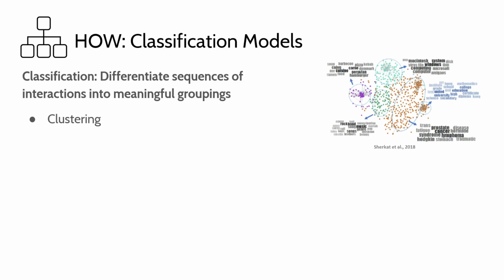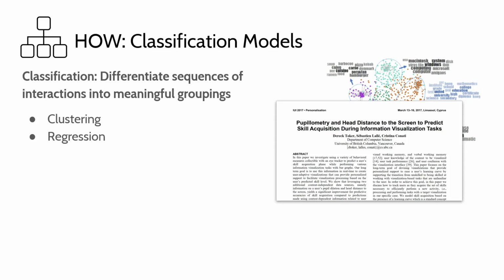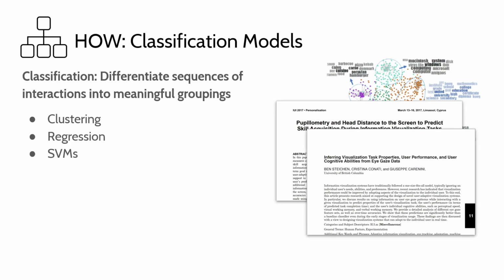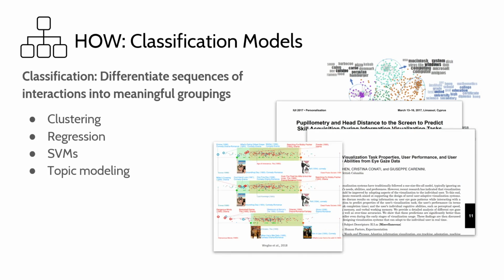Here, we see a variety of classification techniques that include common strategies like clustering to permit users to interact with eye gaze patterns, as well as regression, used to predict the user's skill acquisition when interacting with bar graphs. Common machine learning techniques like support vector machines have been used to process and classify eye gaze data. Further, topic modeling and other dimensionality reduction techniques have been used to identify relationships between users and movie recommendations, for